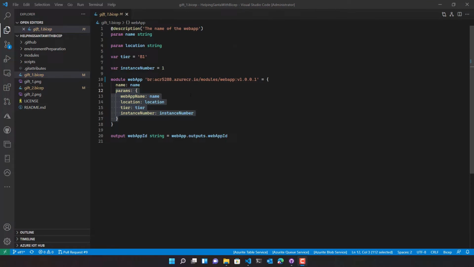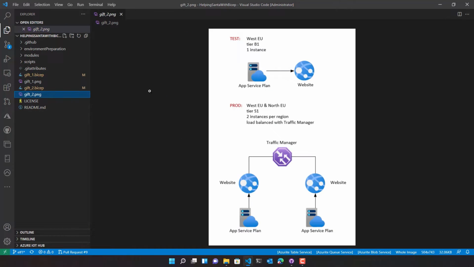Let's jump now to gift number 2. In this case, the scenario we are targeting is way more complicated because Cindy was asking us a way to handle a mission-critical web application and its dev environment. So in this case, we need to deliver both a test environment composed by an app service and the related app service plan in a small size. This deploy is similar to the ones we did for John. And then we need to deploy a production environment that is composed by an app service and an app service plan.